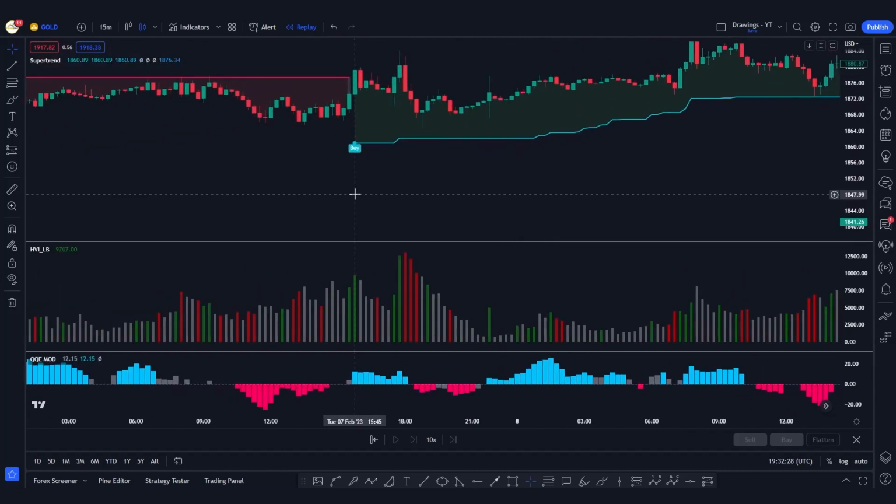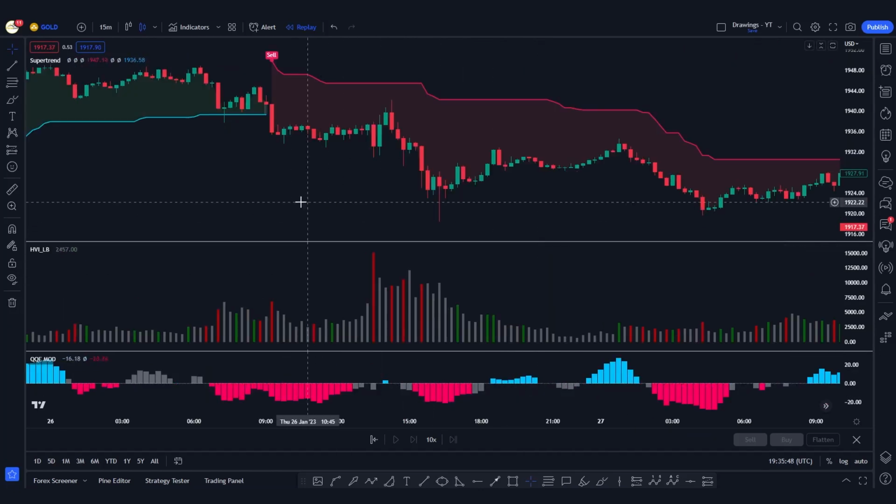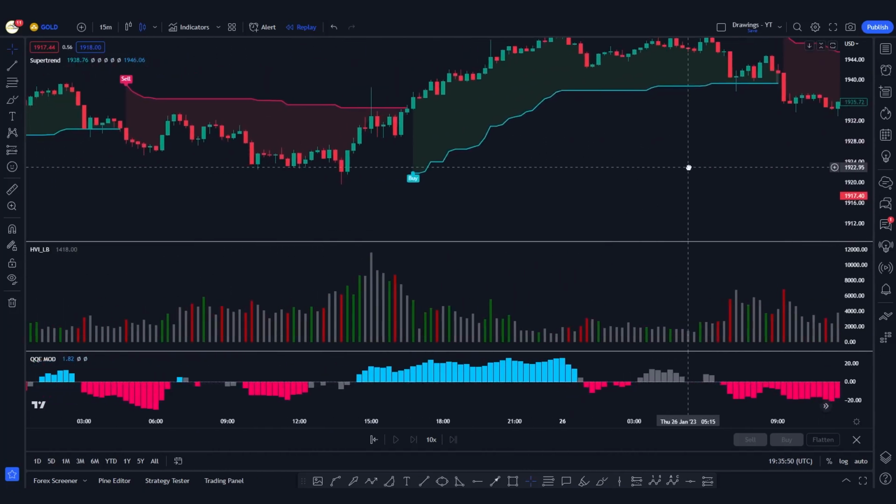In this case here, you can see that the indicator is issuing a long signal, but here you can see that the QQE mod indicator is not giving us a very strong buy signal, because the conditions are not being met. As you can see here, the histogram bar is not blue, so it's not turning from red to blue. Now let's look for any other long position that we can find,